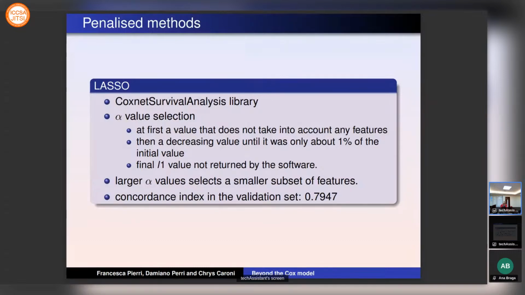At first, a value that does not take into account any features, and then a decreasing value until it was only about 1% of the initial value. And the final L1 value is not returned by the software, and we have seen that larger alpha values select a smaller subset of features, and the best alpha value gives back a concordance index in the validation set equal